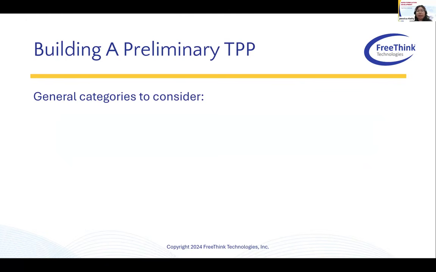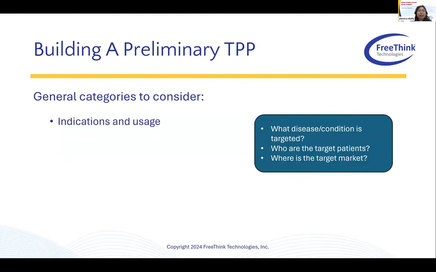So now that we have defined what a target product profile looks like and who should be a part of the conversation, now how do we start to build the preliminary target product profile? So I'm going to share the process that we use at FreeThink to build a TPP with our clients. And I'll first start off with going over some of the key sections to consider. So one section to consider are indications and usage. And in this